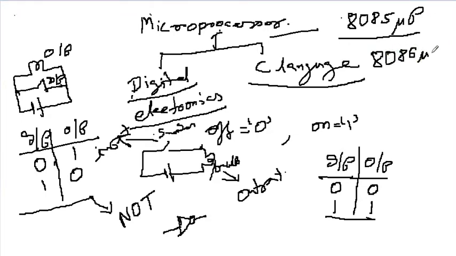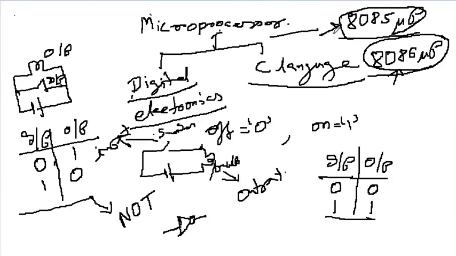The basic difference is this: 8086 is also a circuit, and 8085 is also a circuit, but when you talk about the 8085, our managerial skill is not as efficient as that of the 8086 microprocessor. The method is the same. While explaining, I'll give more emphasis to the 8086, as most universities in recent syllabi have removed the 8085. But the 8085 is essential to understand the foundation of the 8086, so we cannot simply deny it though it has been removed.